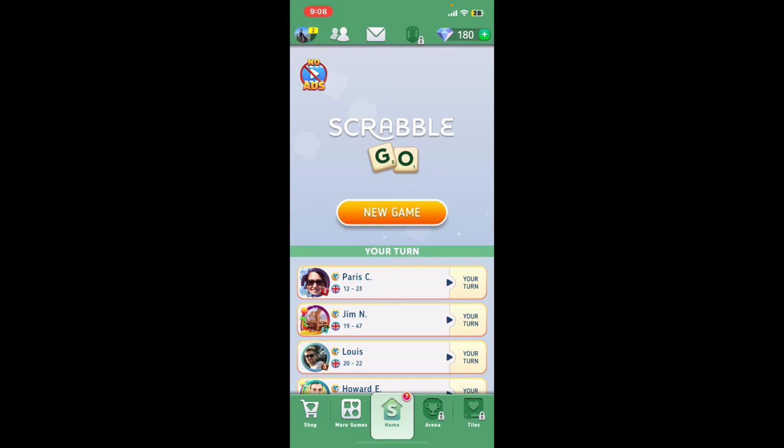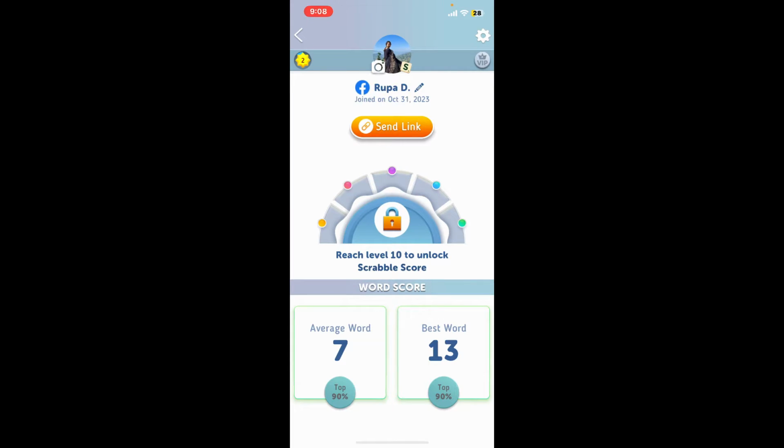Once you load up the application, and after you end up in this main home page, go ahead and tap on your profile picture at the top left hand corner. Now, from your profile page, tap on the gear button at the top right hand corner, which will then open